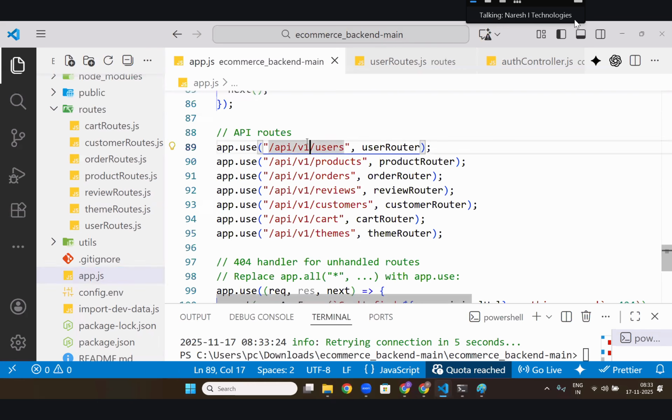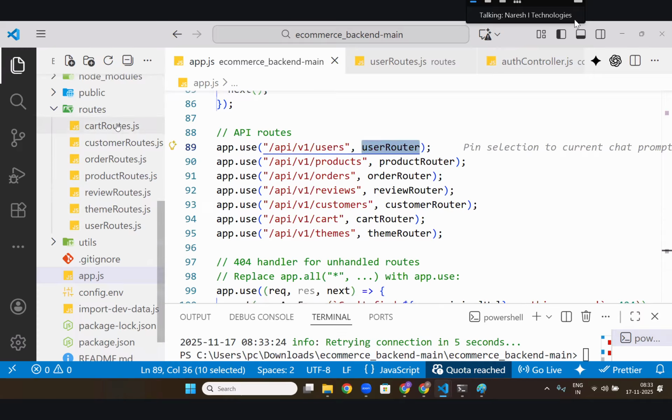API slash v1 slash users. Imagine it is running on localhost 5173. So localhost 5173 slash API slash v1 slash users. Where will it go? User routes. In user routes,